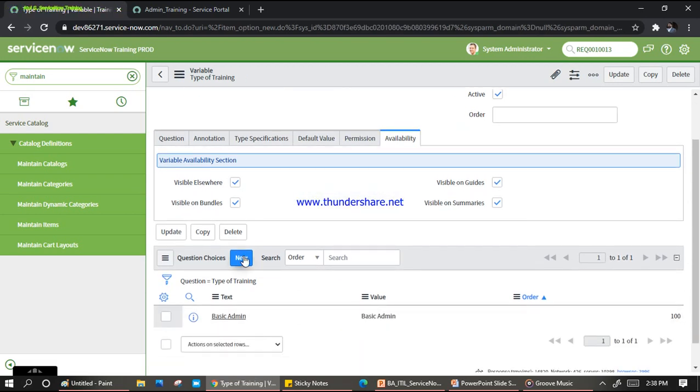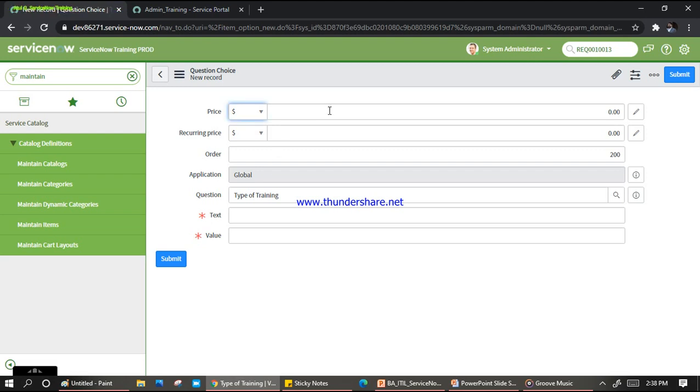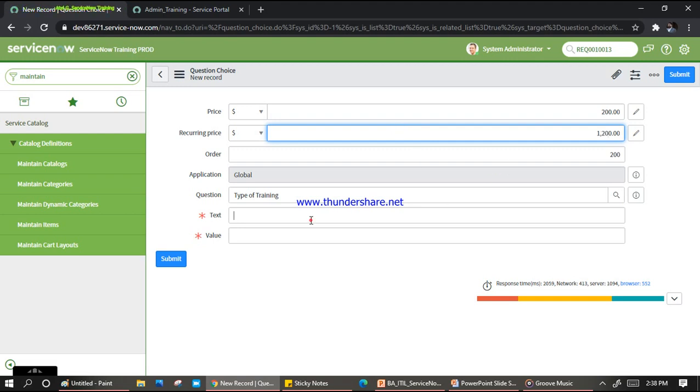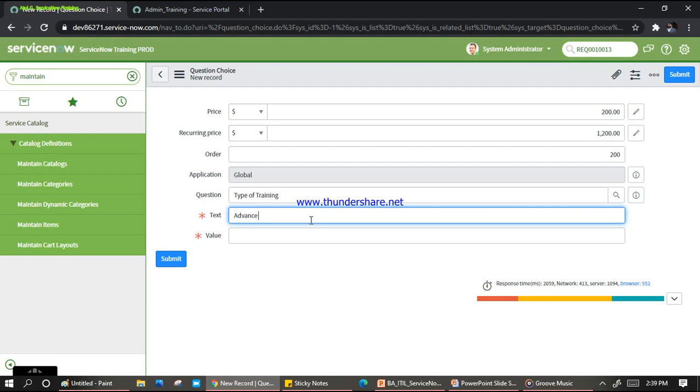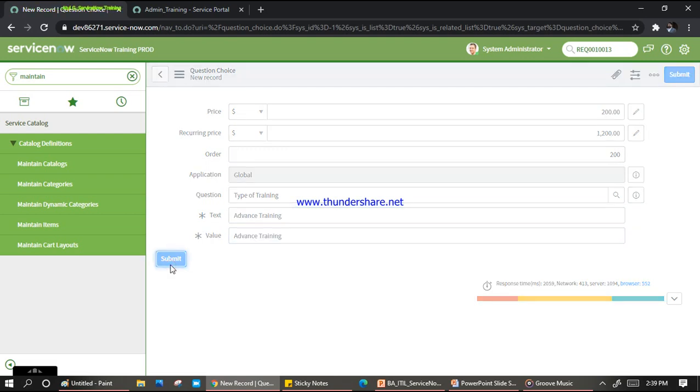Okay, let me click on new here. The new one I'm putting is a 200, recurring price 120, order 200, advance training. Same, I can copy from here. Try to make sure the text and value are always the same, because this value is used in many places for the condition mapping as well.